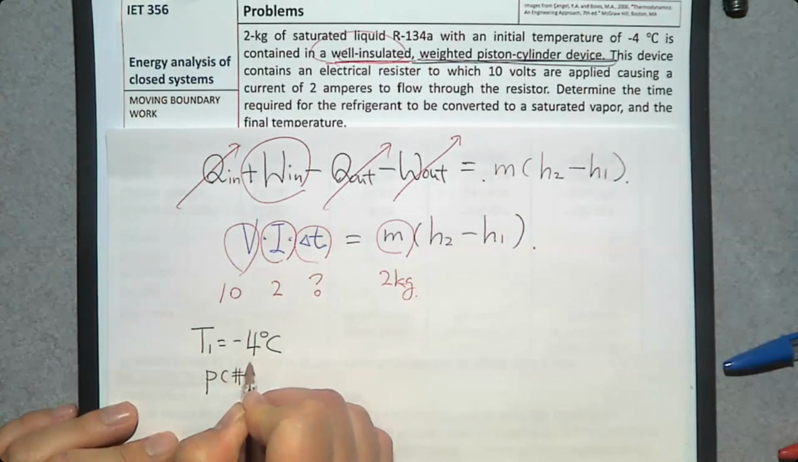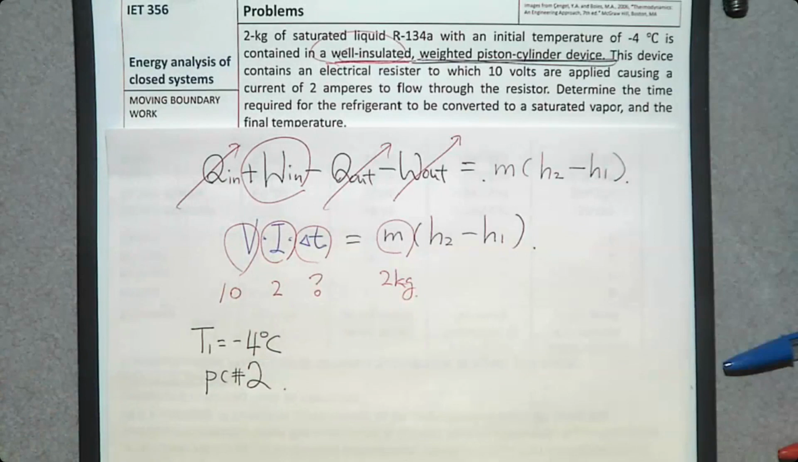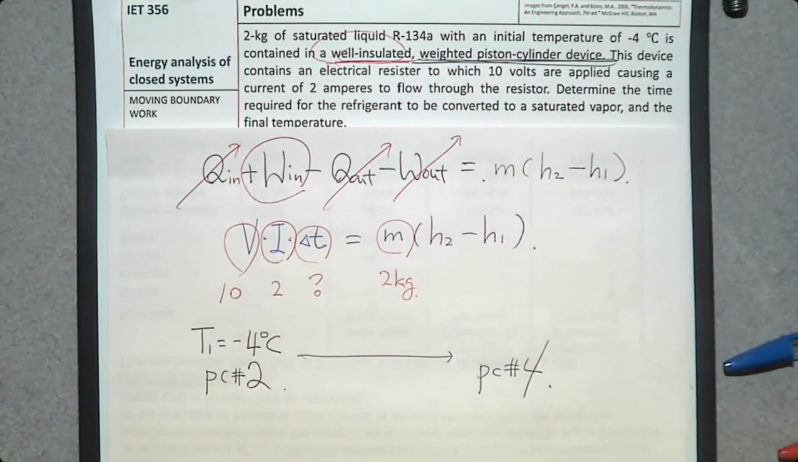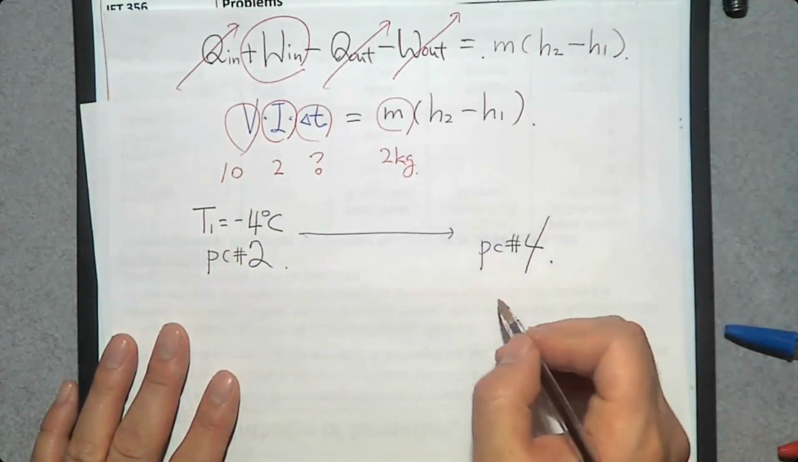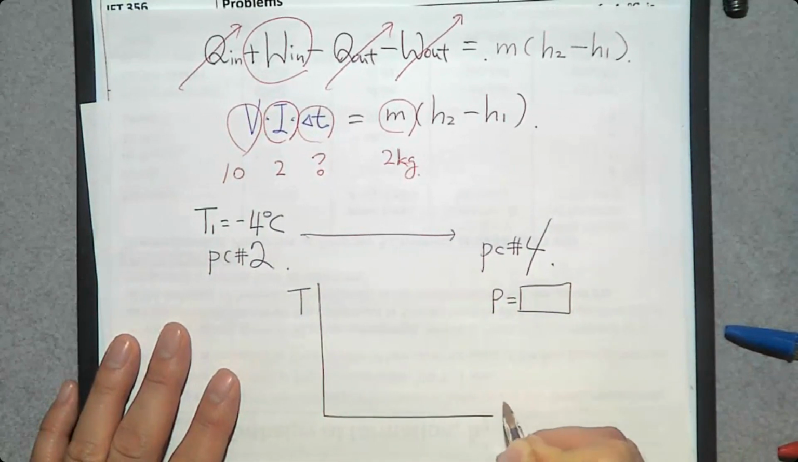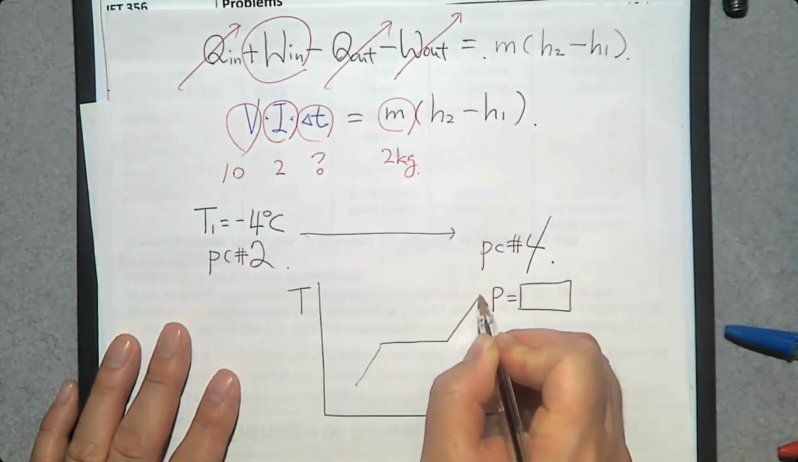Phase change process number 2. And what happens? Because of this energy transfer by work, this becomes saturated vapor. Then what is the temperature? It is a constant pressure process. At this constant pressure, I don't know what the pressure is. Let's talk about the T-h diagram. It looks like this. Initially,